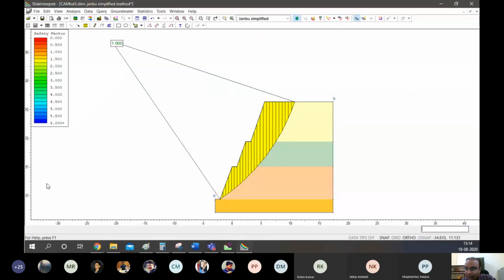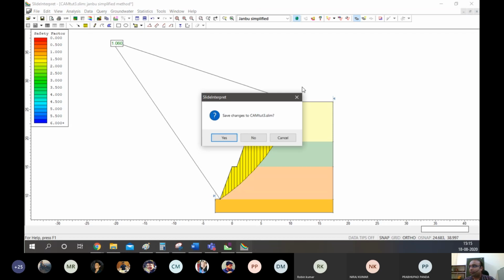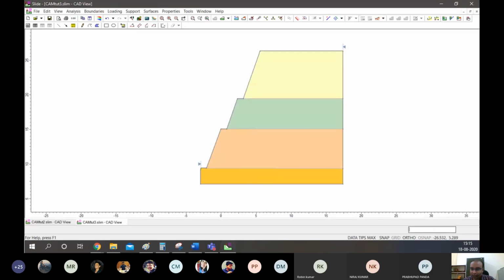Next, tomorrow we'll be learning how water interaction works. Tomorrow, yeah, not tomorrow, day after tomorrow, right? So day after tomorrow we'll be doing some of the MATLAB work as well as how the water affects the slide interpretation. So we'll be learning that. Okay, right now I will be stopping because the time is reached.